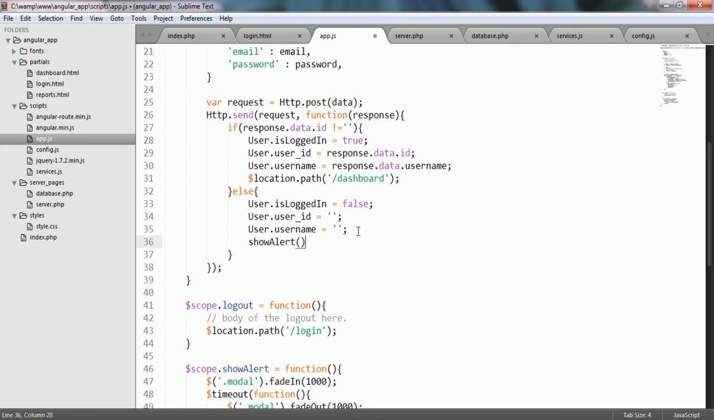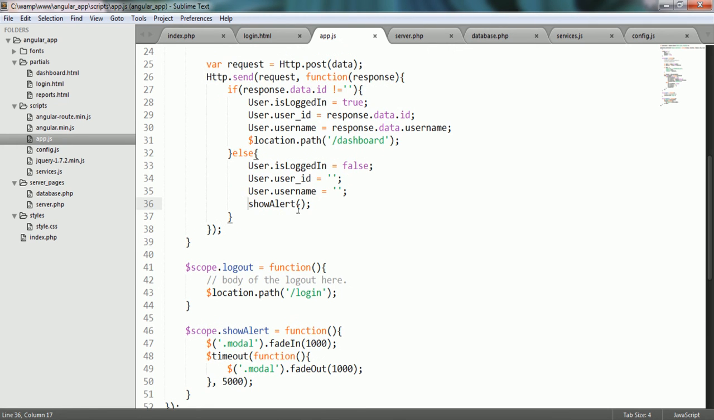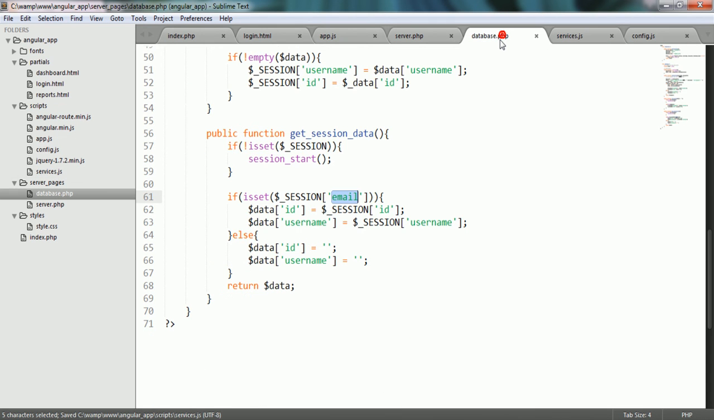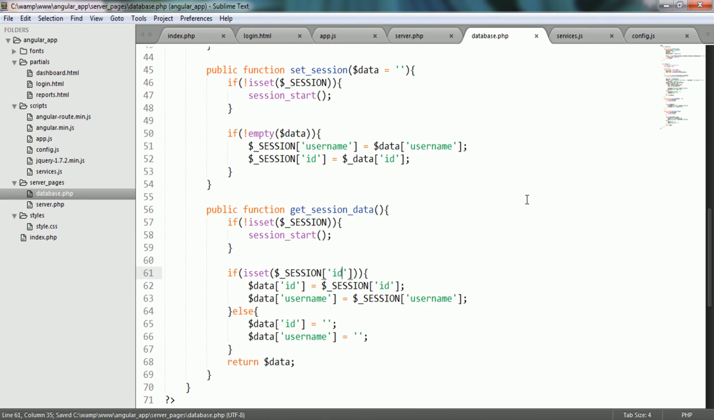Here I call the showAlert function that I have created. I have forgotten to write the $scope here, and also I think I have made a mistake inside the services.js. Yeah, I should remove this semicolon, and then instead I should use a comma. Also inside the database here, I should remove this email since there is no session for email, and instead I should write either ID or username. Also here I should remove this underscore,